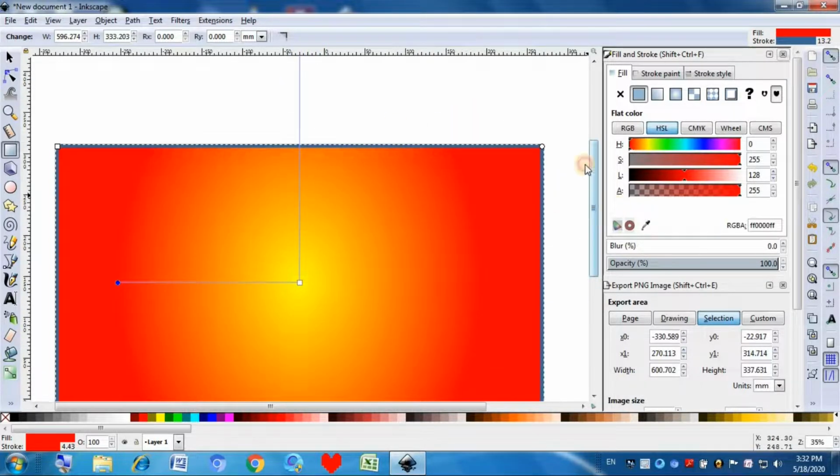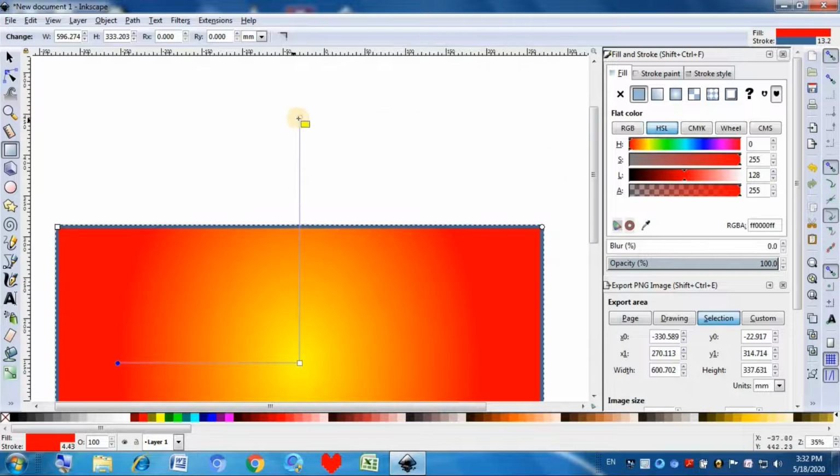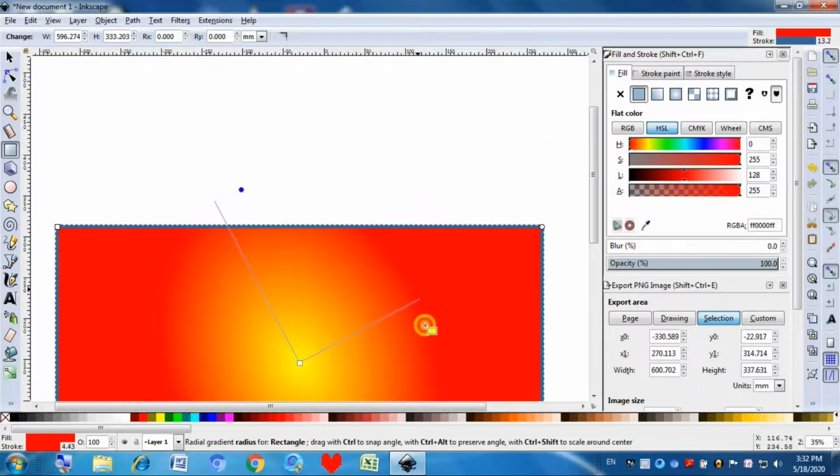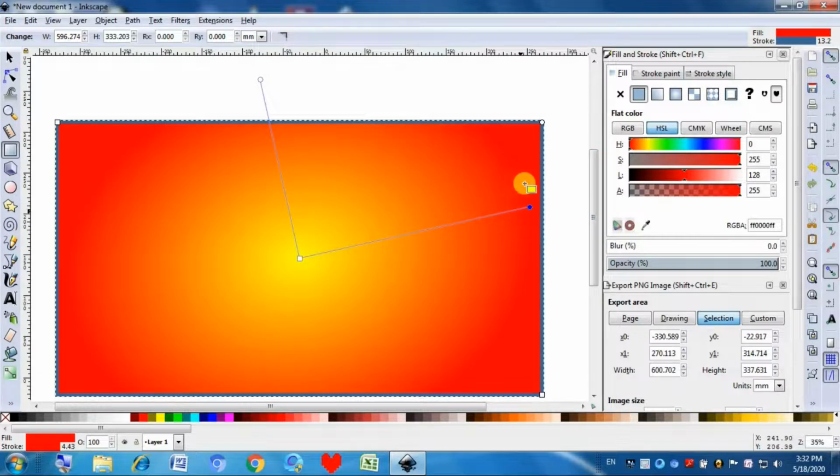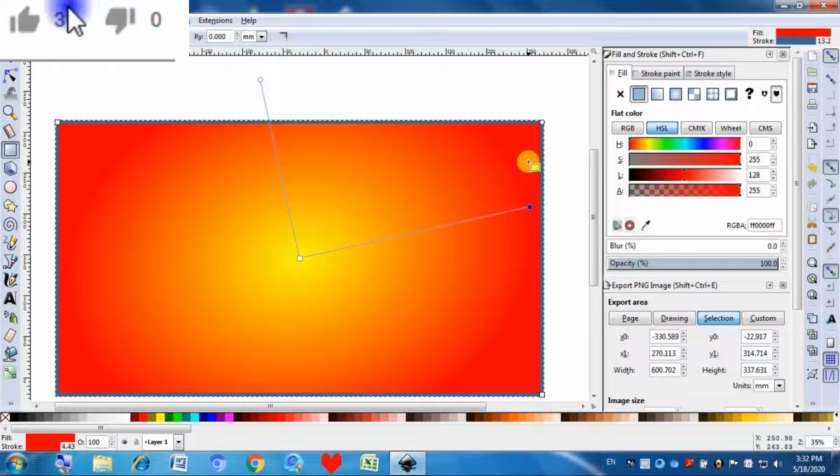The radial gradient is really useful for circle objects. Linear gradient is useful for rectangular, line-like objects, while radial gradient would be really nice for circular objects.